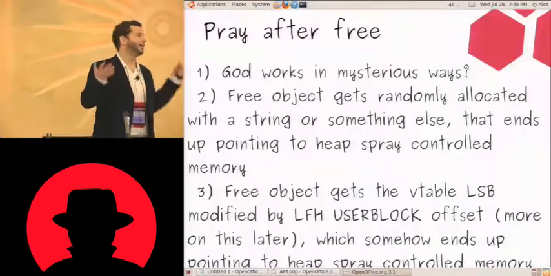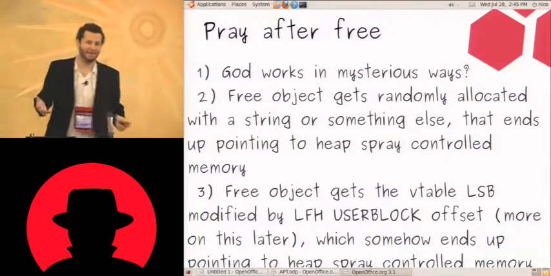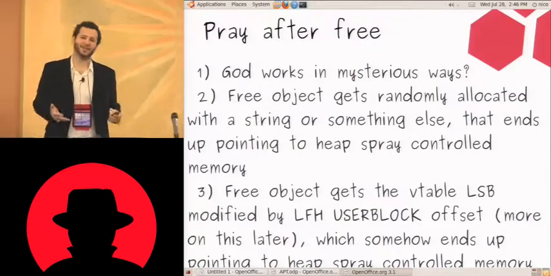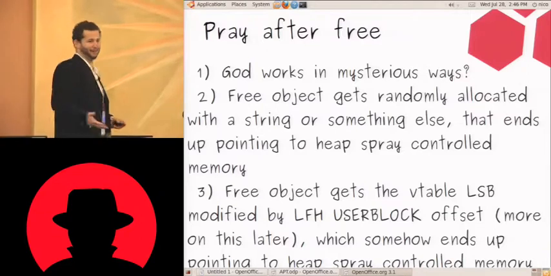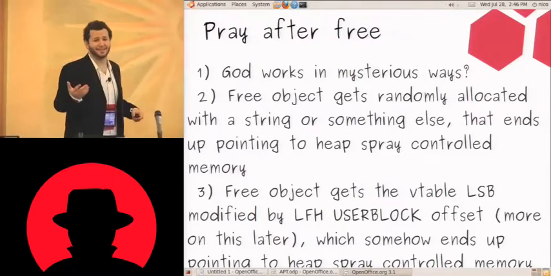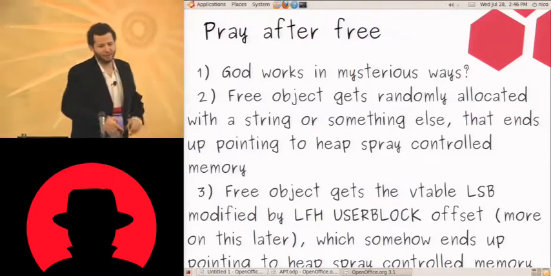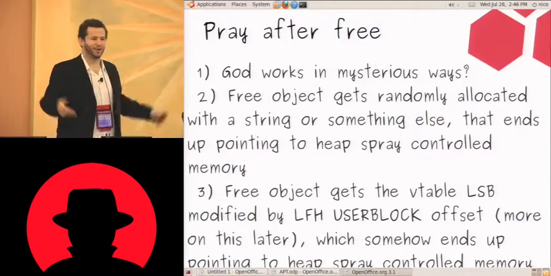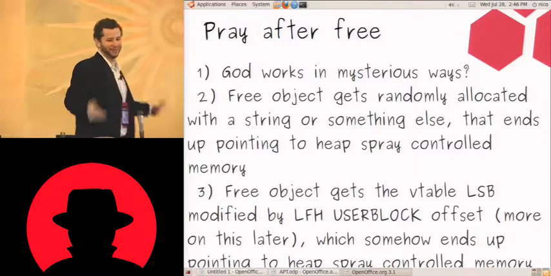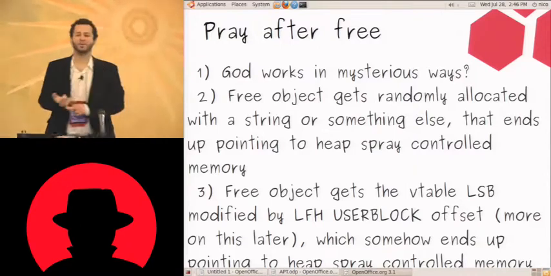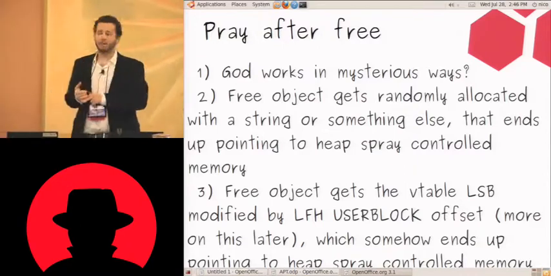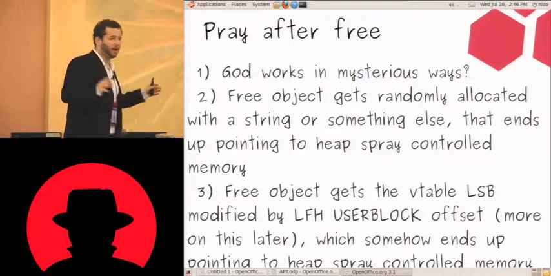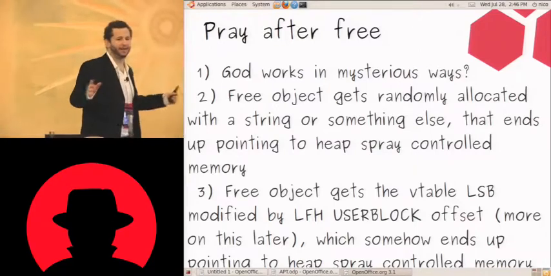Why are they doing pray after free? Because these are the reasons I found for how the exploit was actually working. The first one, I always guess, is the most important one. Whether you're religious or not, the exploit was working because God the Almighty was allowing it to work. Then the second one was the object was getting freed, and somehow, without any real explanation,